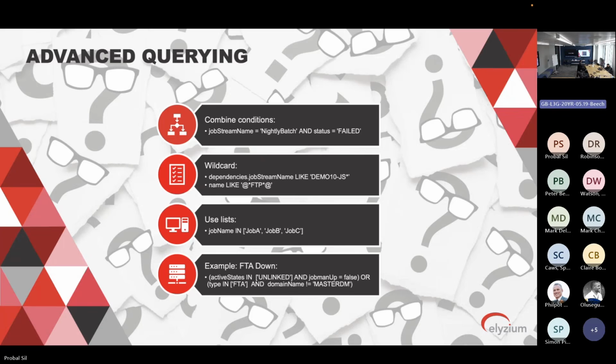So you can see how quickly you can build up quite complex queries. Using that simple form to start with and then adding to it more and more until you get the really specific information that you want. So when you're in a very large environment,